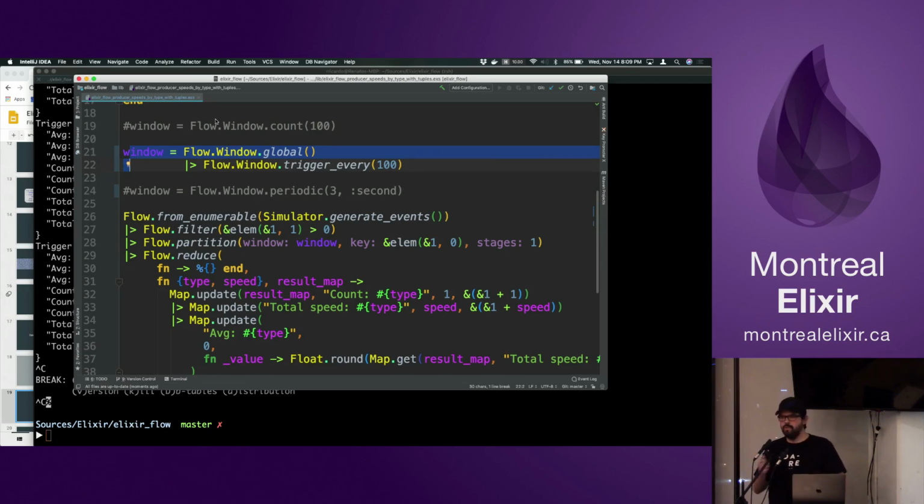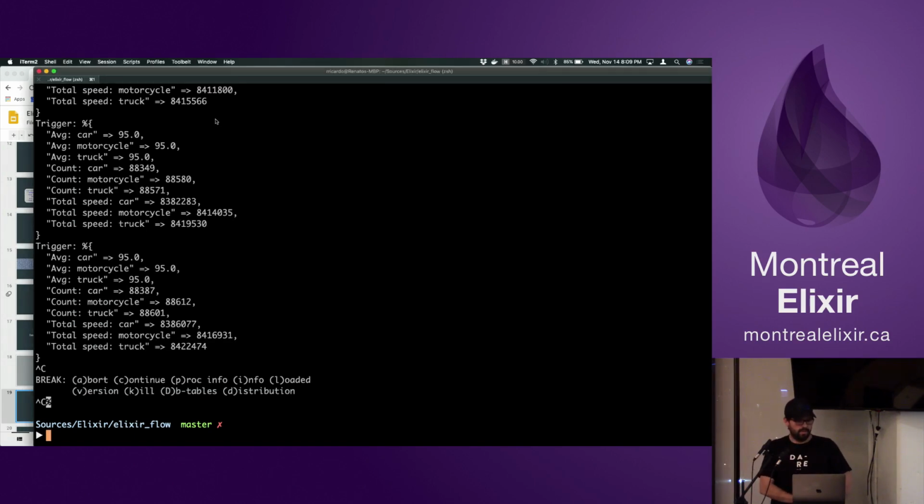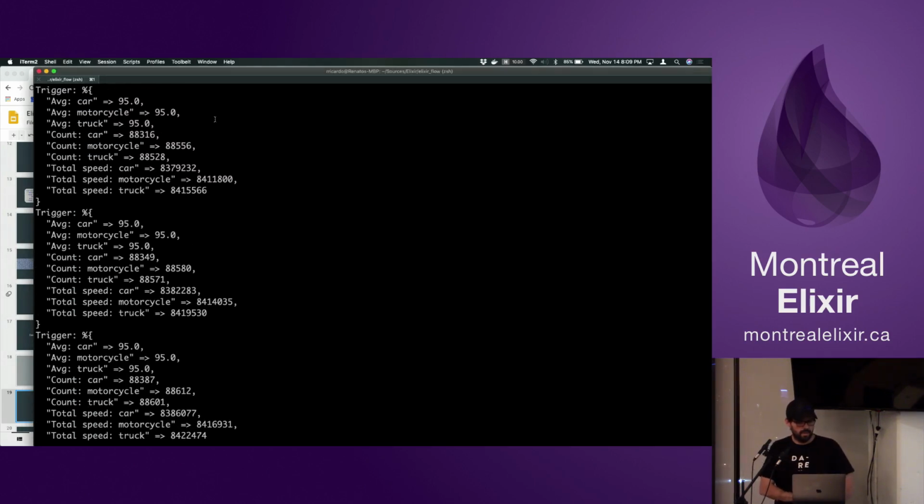So I'm gonna trigger every 100 events that it accumulates, and it's gonna call the on trigger for us. But if you take a look at the results, it's also gonna call every 100 results, but it's gonna keep the state from the past time it called the trigger, because it's the same state going and going, it's the same window.